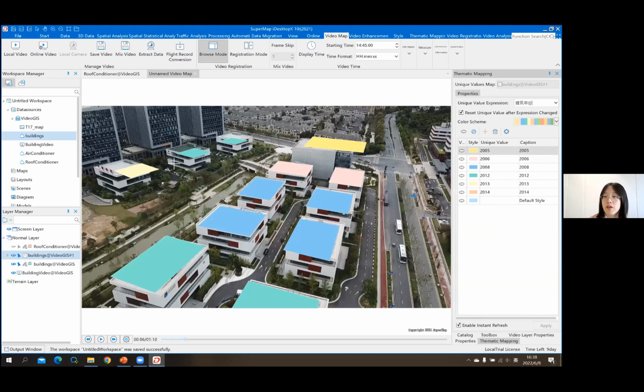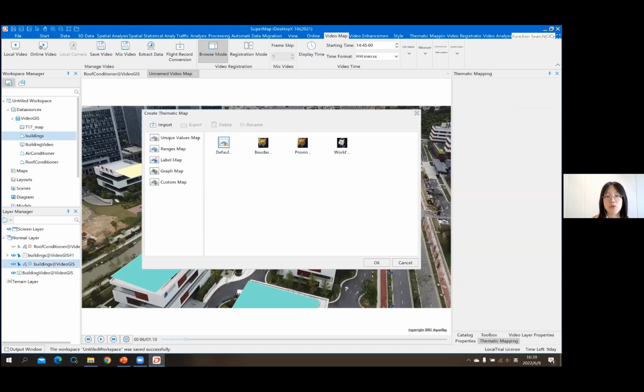And now here, also, we can set the expression to the columns for the built year for each of the building, or to show the name of each of the building. Either way is okay. And then once we click play on the video,